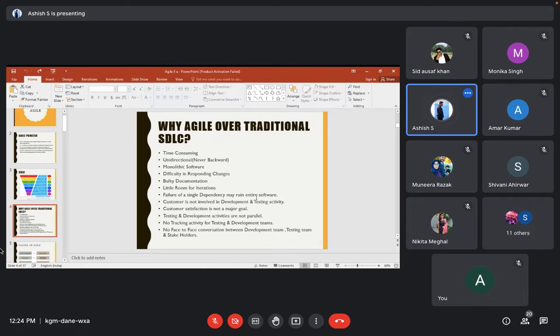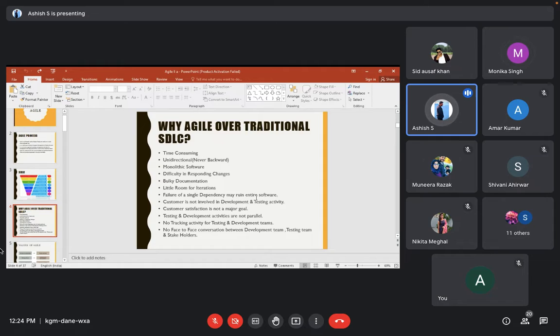We'll go for Agile. And customers are not involved in development and testing phases. Why? Because you can see that in none of your traditional models do you have a sprint review meeting. Right? In the sense, you're not giving any kind of demo to the customers before the application is released, or before the application goes for the first release, whatever it may be. But in Agile, you have that. Yes or no? Yes, sir.